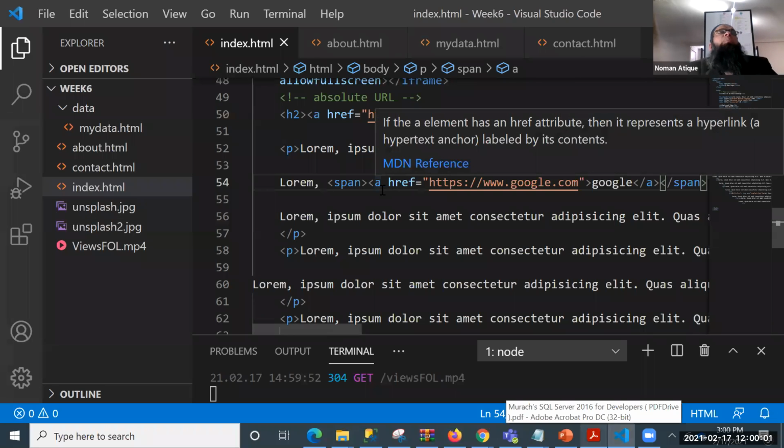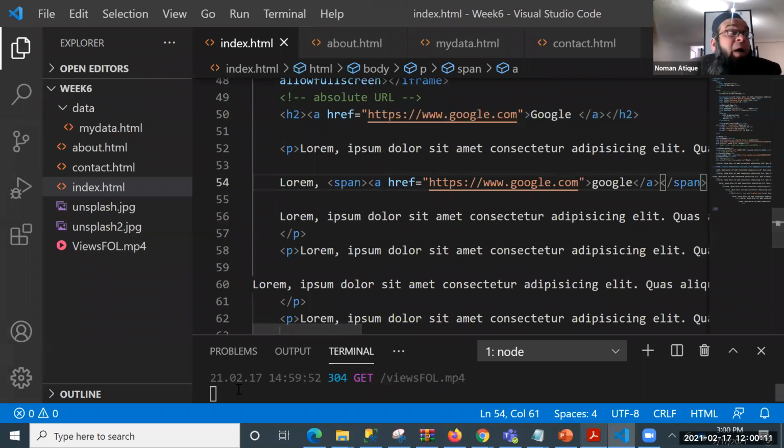So span does what? Span, if you want to implement a particular style, particular linking, particular class to a particular area. Yes, of course, everyone will need practice. Don't worry. But if you honestly do practice, you will really enjoy this, and you will start making things in HTML. And as I said, once we jump into the CSS part, that is definitely going to be a very interesting part of it.